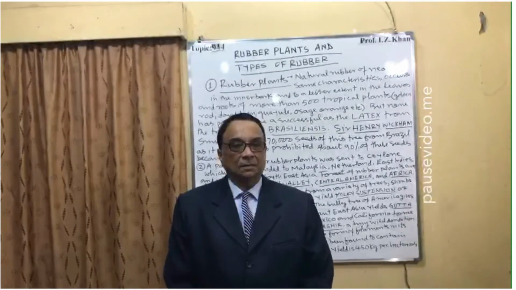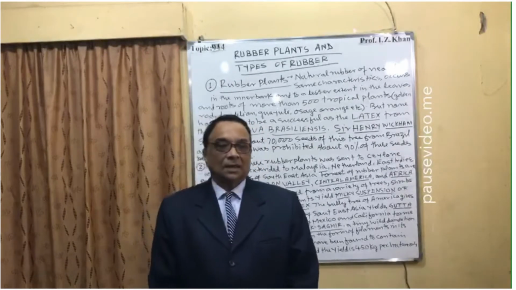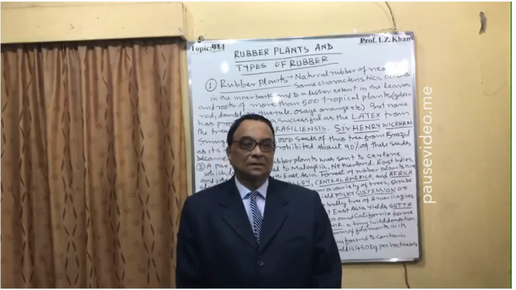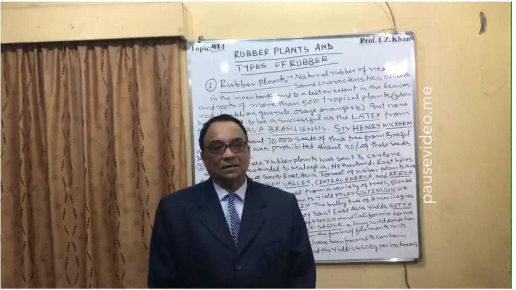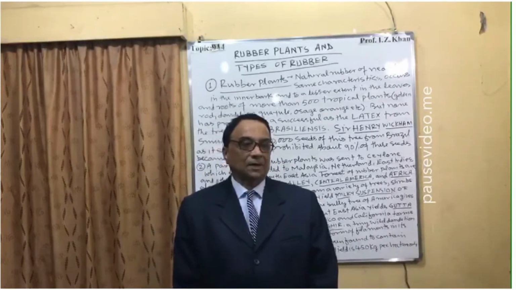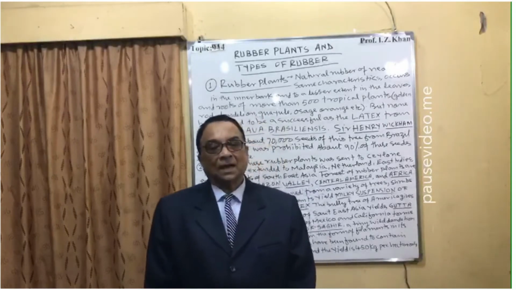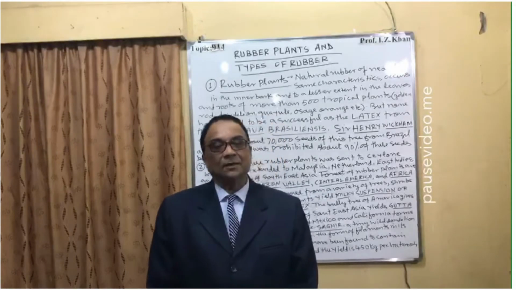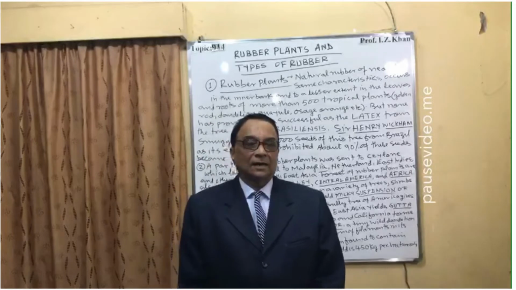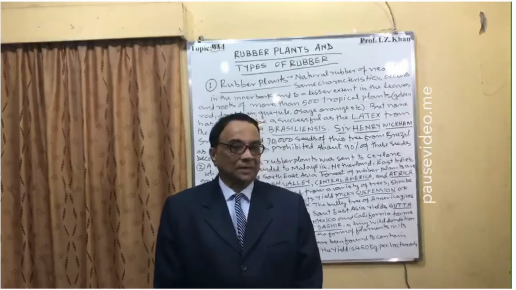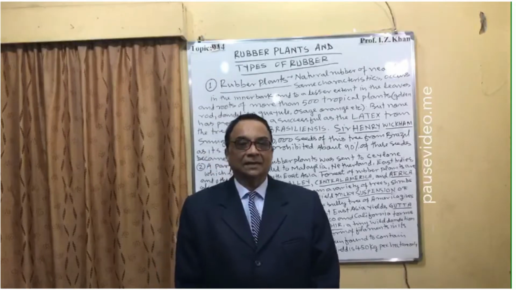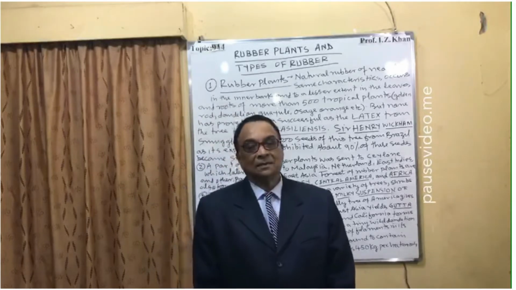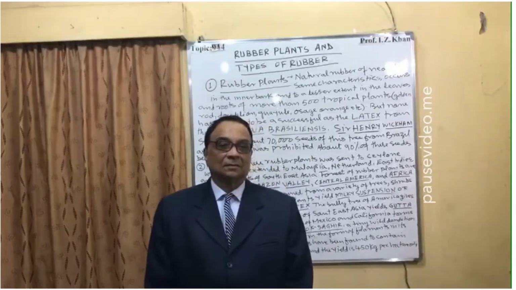So here first I will be discussing the rubber plants, and in the beginning I have already told you that there are 500 plants from which the milky white liquid is extracted by incision, and that is called latex. And actually latex is the rubber, and it was found in Brazil in 1800, and it was prohibited to export. So one Englishman, Sir Henry, he smuggled some